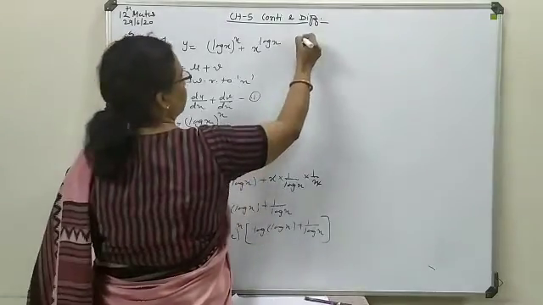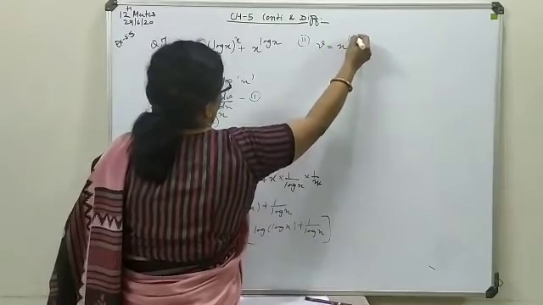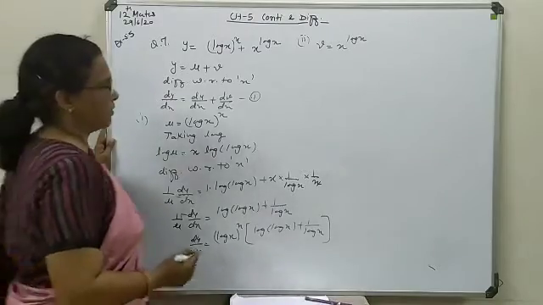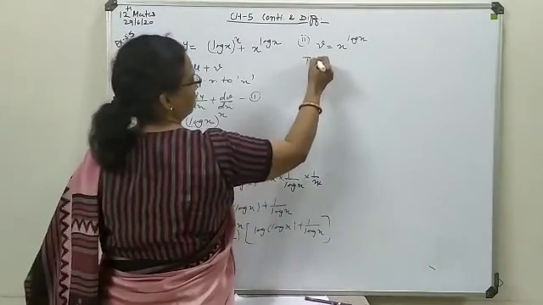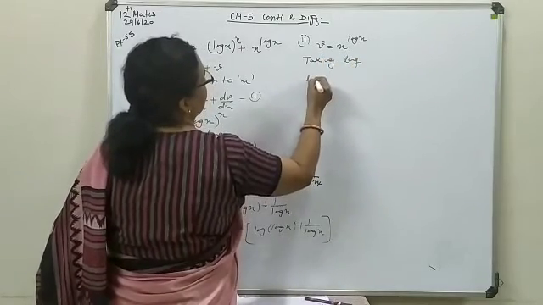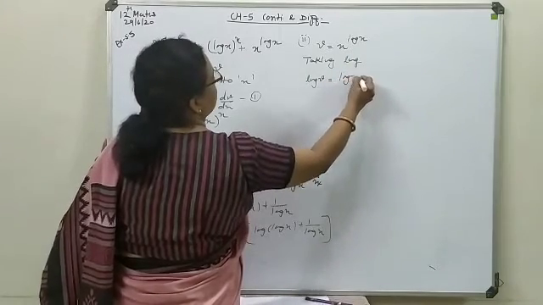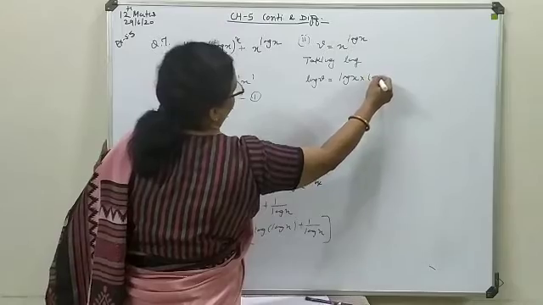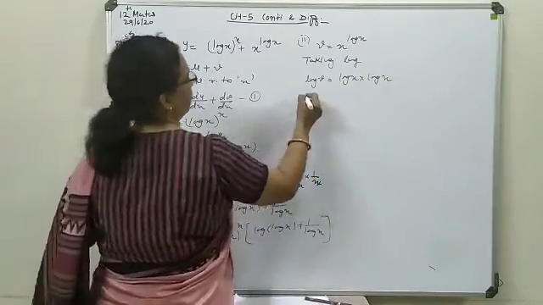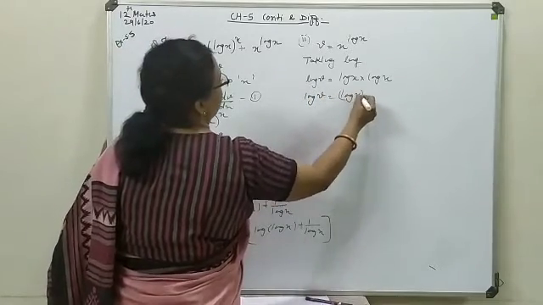Move to the second one. In order to have the second solution, again you proceed for taking logarithm on both the sides. So here taking log of v, here log x will come out at the first position followed by log x itself. These two are the same terms, so can be written in a square form. So log of v is log of x with the square form.